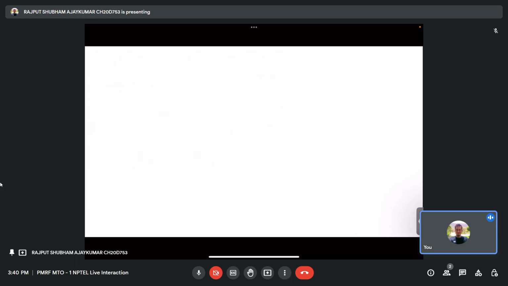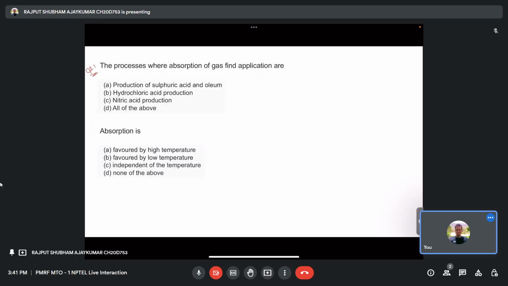So on the basis of that, I have given some of the answer cues. If you can go through some of the things that are given up here. What I mentioned is the first question and the second one. In the first question, the processes where absorption of gas finds application are: absorption can find application in almost all the chemical industries, and on the basis of the options mentioned